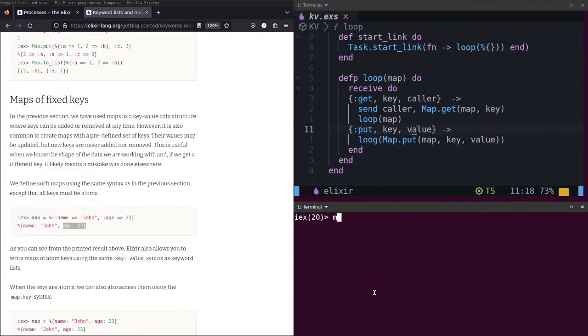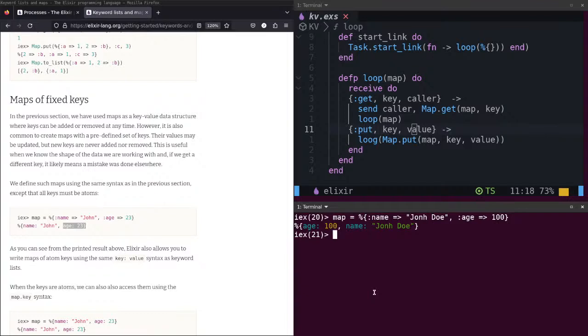Map equals percent sign, curly braces, name: John Doe, age: 23. Okay.